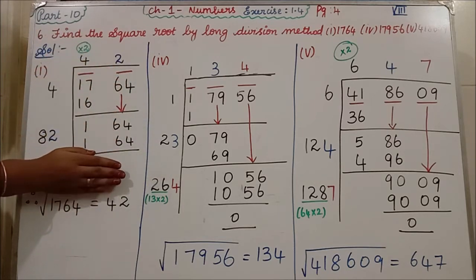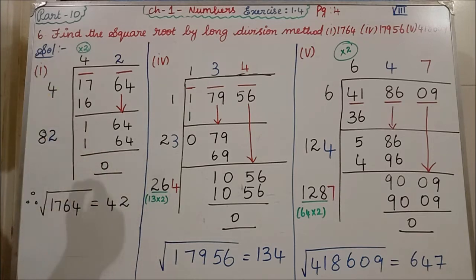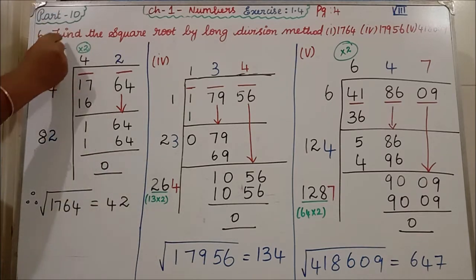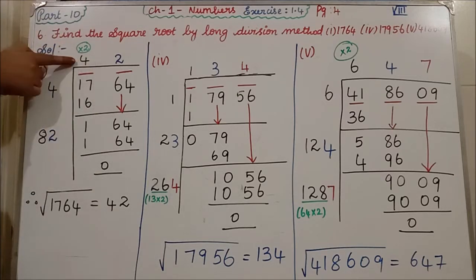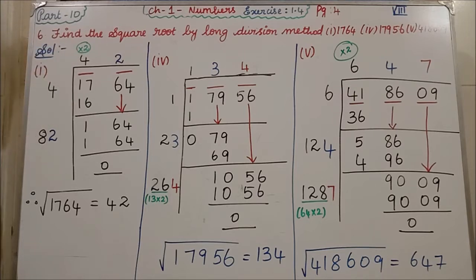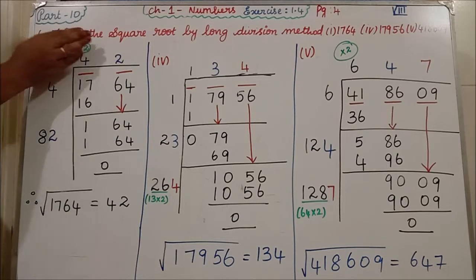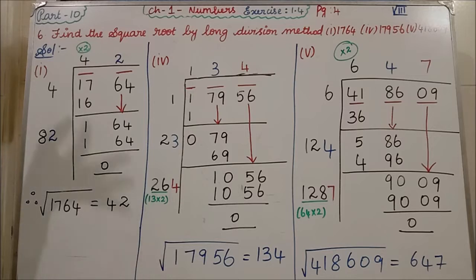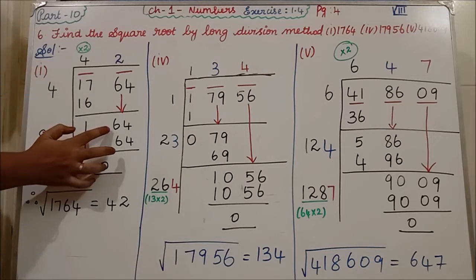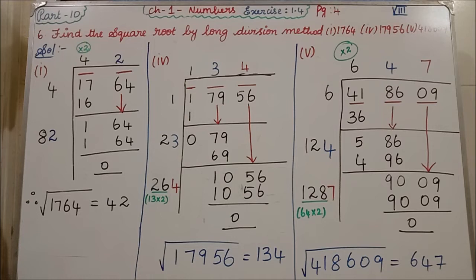Then next, if you are having another step, for each step, whatever number you have in the quotient, you always have to multiply with 2. Clear? Since I have only 4 here now, I am multiplying with 2. So 4 twos are 8, and that 8 you have to write. After writing 8 here, you have to forget about this 4 and this full subdivision. Now you should see only 164 and this 8.